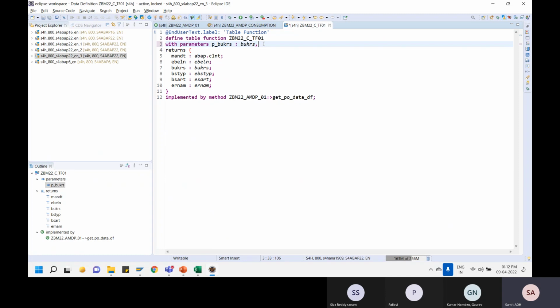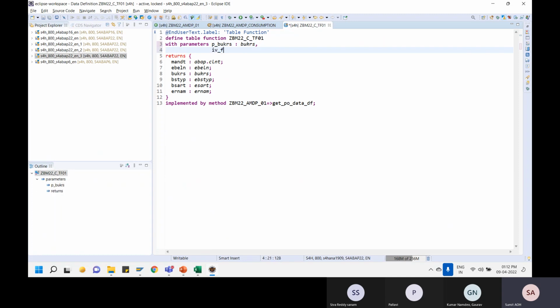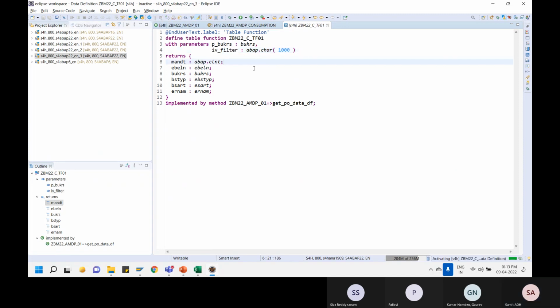So for example, I am saying IV filter, and let's just say I want to give some sort of 1000 characters of input as a filter parameter. I can expect that some user would pass the filter parameter over here. So this filter parameter I can use again